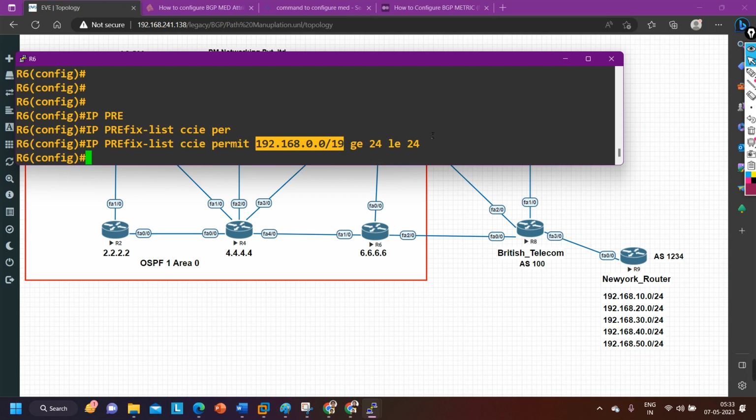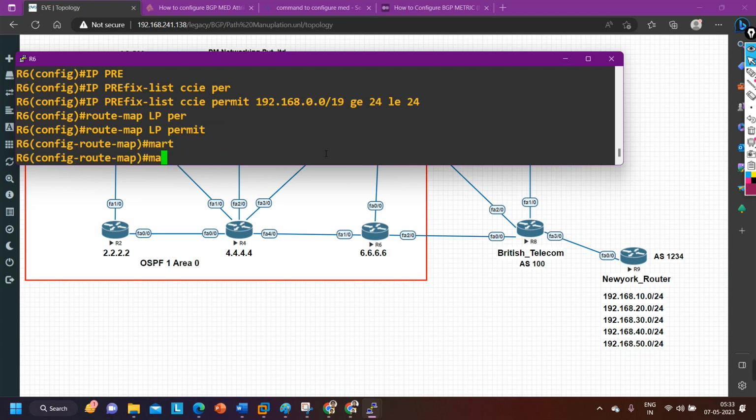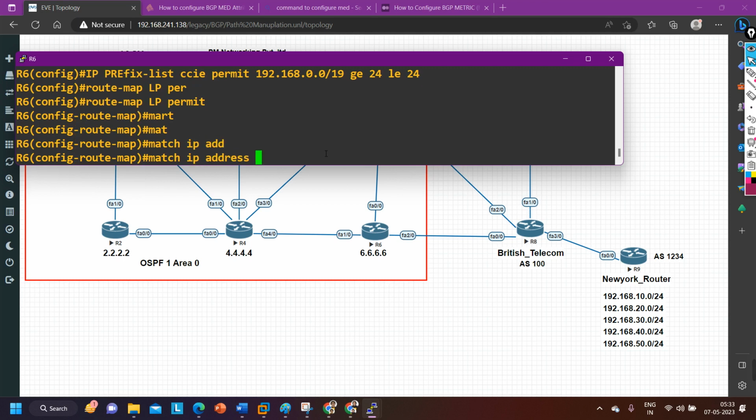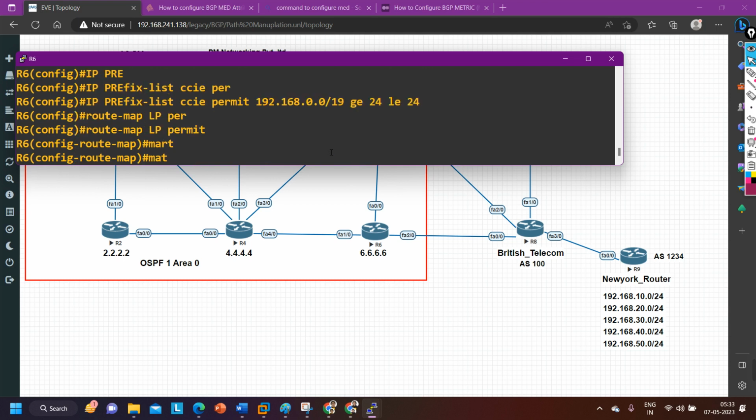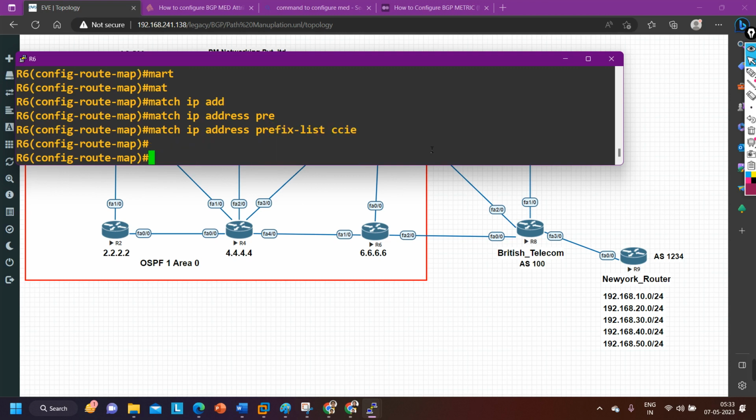Okay, done. Now I am going to create one route map, and in that route map I will call this prefix list where I have defined the upper 3 network. Route map name is, let's say, LP, and permit. After that I am going to say match IP address from prefix list CCI. This is the name of my prefix list, no? Yes, CCI. So it will match IP address from this prefix list, and then I am going to say